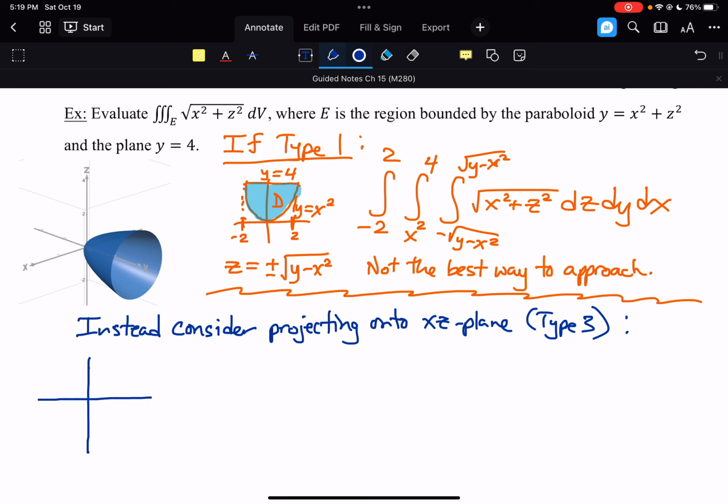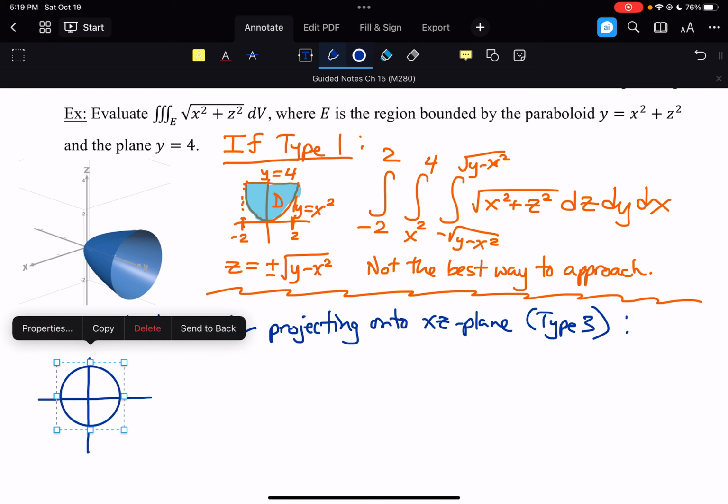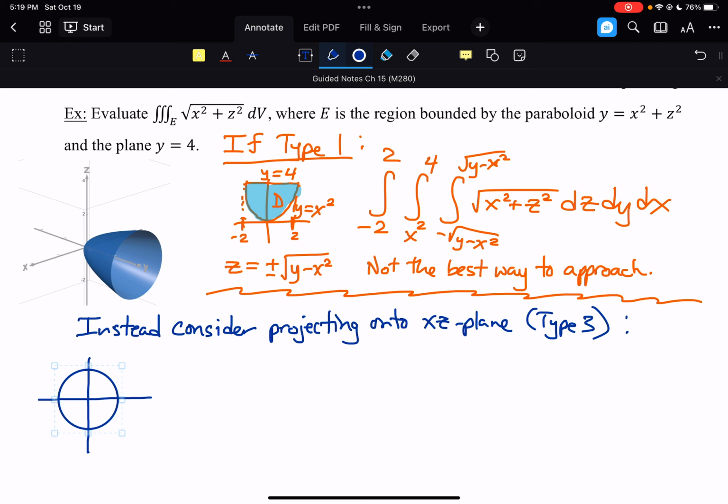So we would get the circle, the circular disk within it, and we have a radius out here of 2. So for our triple integral,